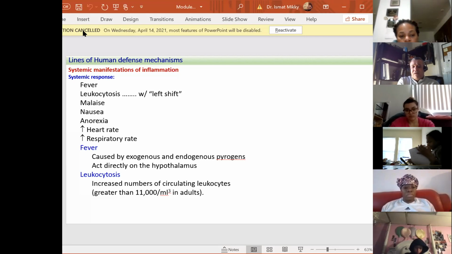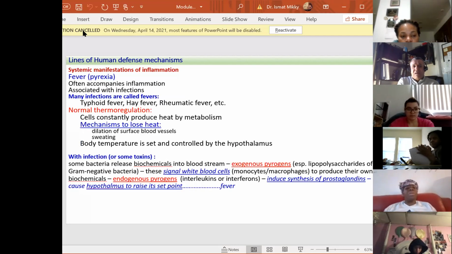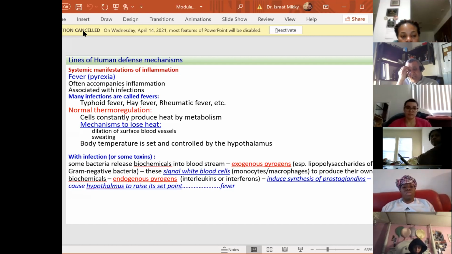And then fever, and then the leukocytosis here, and right in the bottom of the slide it says any white blood cell number or count over 11,000. So here it explains the mechanism why patients with infection and inflammatory response, especially an infection, develop the heat and the fever. So they become febrile, and this is the mechanism,